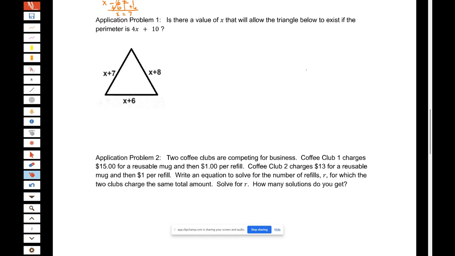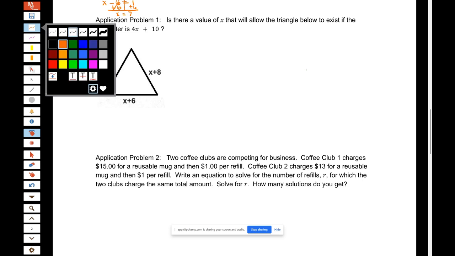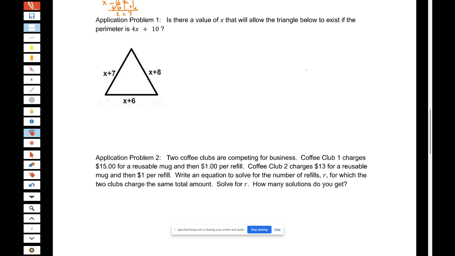All right, so a couple of application scenarios. Is there a value of x that will allow the triangle below to exist if the perimeter is 4x plus 10? Well, when you're solving an equation with perimeter, we know that we are supposed to add up the sides to get the perimeter. So if I add up the 3 sides of this triangle, I have x plus 7 plus x plus 8 plus x plus 6. That equals the perimeter,